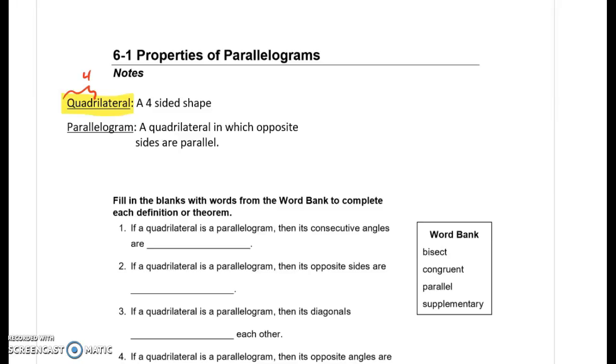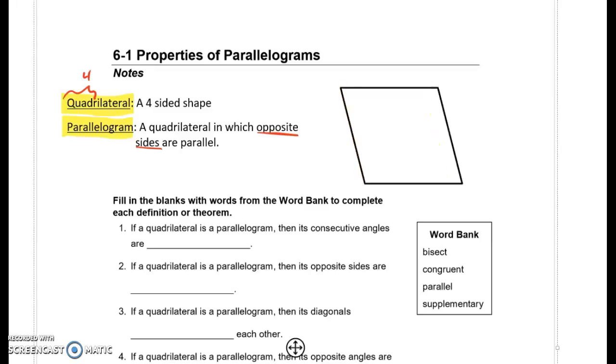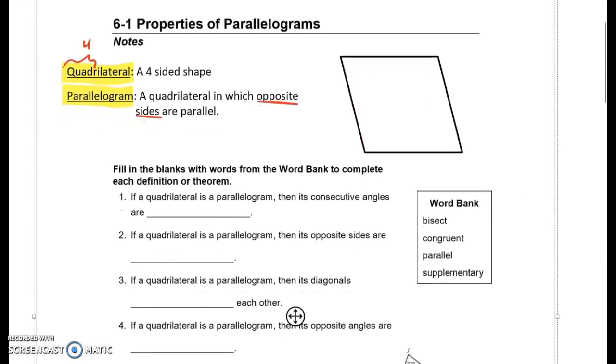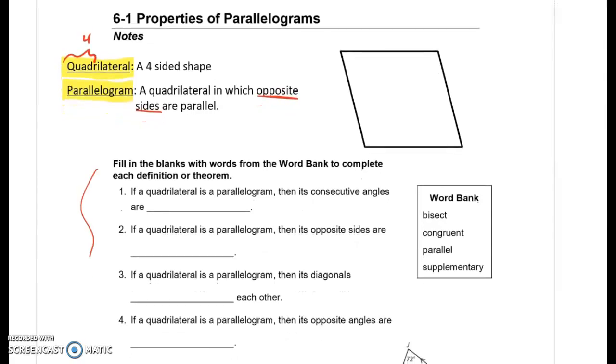A parallelogram is a type of quadrilateral in which opposite sides are parallel. So let's draw an image so we can actually draw on it. Parallelograms have a lot of rules. So as we fill in the blanks down here, I'm going to be filling in this image as well. First, if a quadrilateral is a parallelogram, then its consecutive angles are